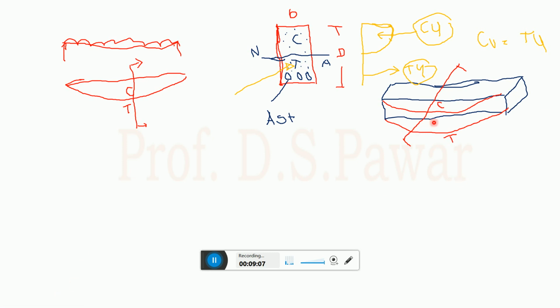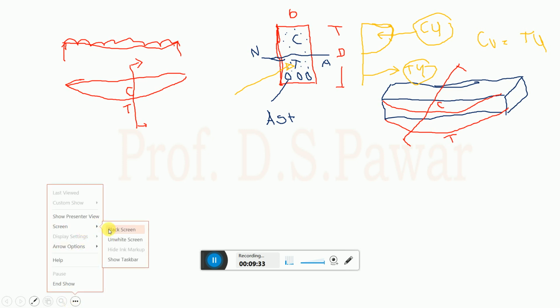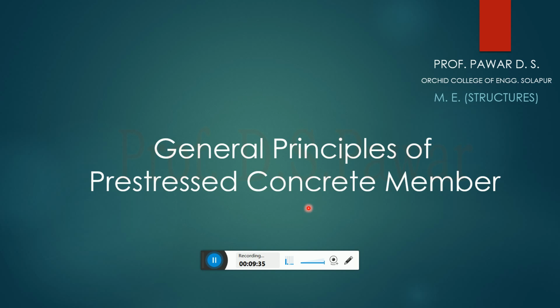After I asked you some questions and gave the answers, you are now clear on the disadvantages of RCC structures. The sections which we design in RCC are not fully utilized in their cross sections, meaning the full strength of the cross sections is not used. Now we are going to see the next part.